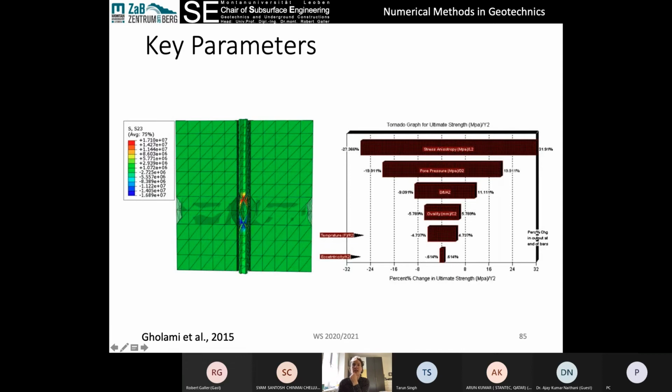Here's a way of looking at the sensitivity analysis using a tornado graph. So again, if we have some change in our material properties, so maybe it's the stress anisotropy, pore pressure, the shape of, this is a well, for example, a geothermal well, the shape of our well. What happens when we change all of those things on the ultimate strength of the sides of the well, so the ultimate stability of our well? So in this case, it looks like stress anisotropy is the most important parameter, whereas the shape of the well is not that important in this case. So this is another way of